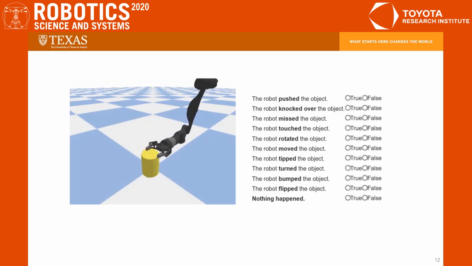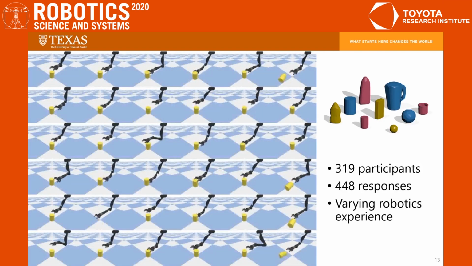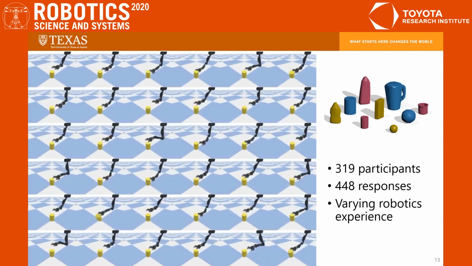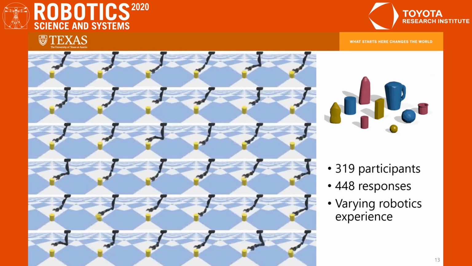We used the results from the in-person pilot to conduct a larger-scale study on Amazon Mechanical Turk using rendered videos of robot simulations. We showed each participant a video like this one and asked them to select which of the labels from the pilot study correctly described that video. We did this over hundreds of objects and actions sampled from our selected feature spaces. We recorded the effect and the human-provided labels for each simulated affordance tested.